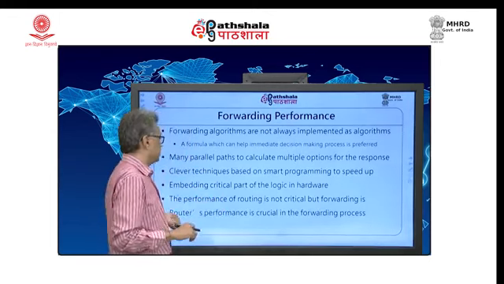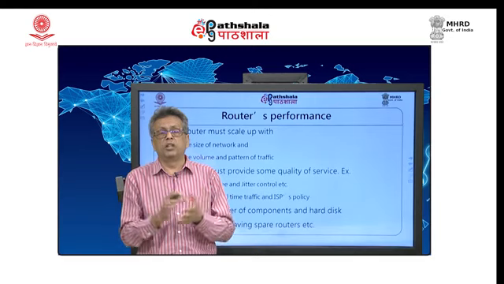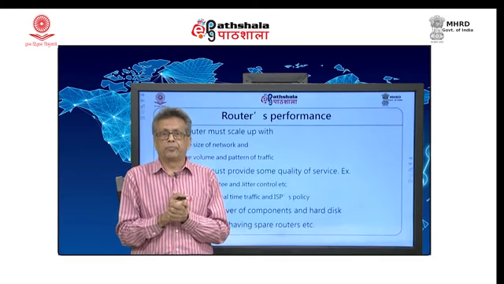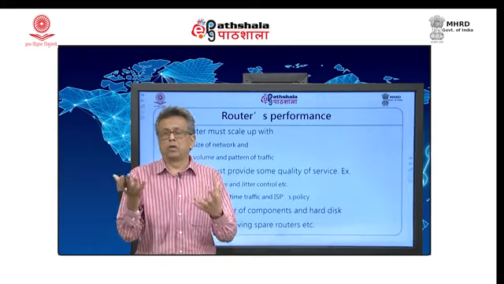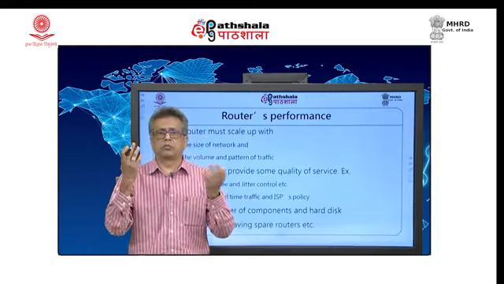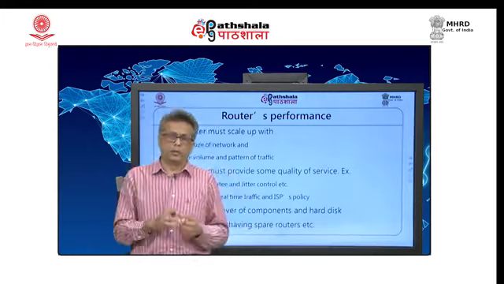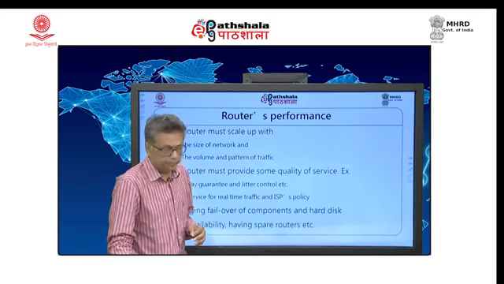Not only that, additional requirements of router performance are sometimes decided by what they will do in the case of failover. If one router fails, the other router takes charge and starts functioning as if nothing has happened. High availability solutions require spare routers which continuously function, executing the very instructions the normal router is executing. So, when that router goes down, the spare router takes its place, and users will not have a clue about that. That is called high availability.